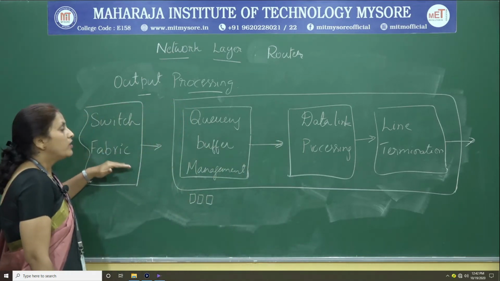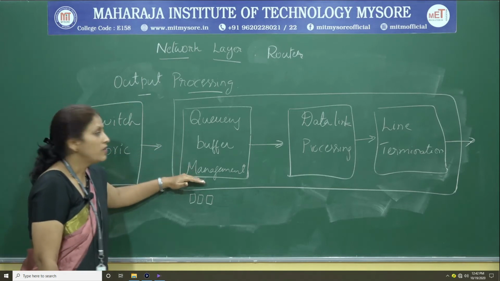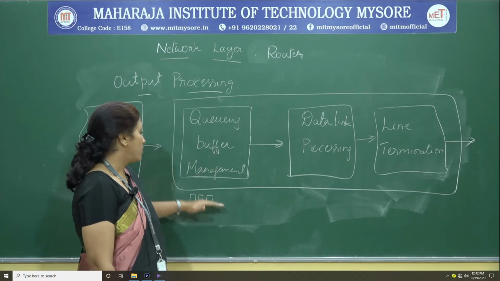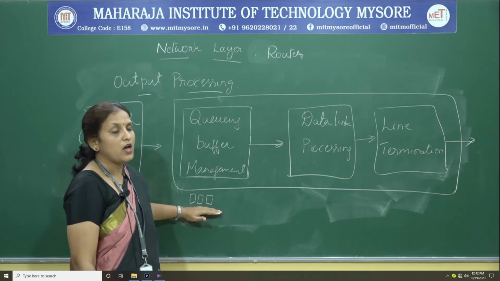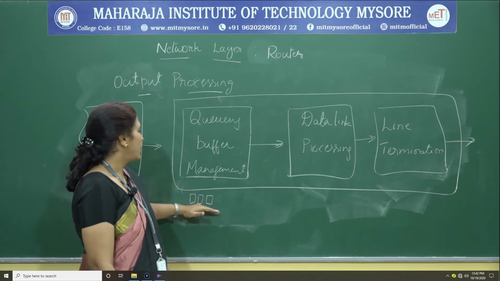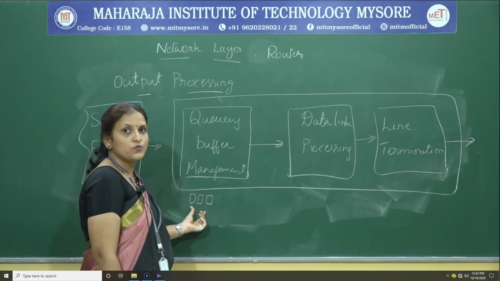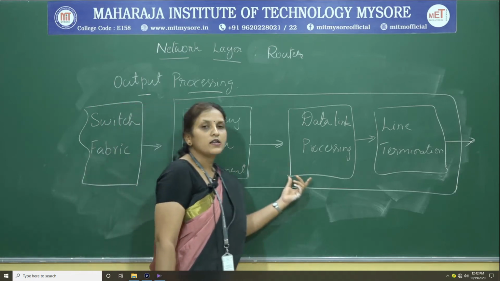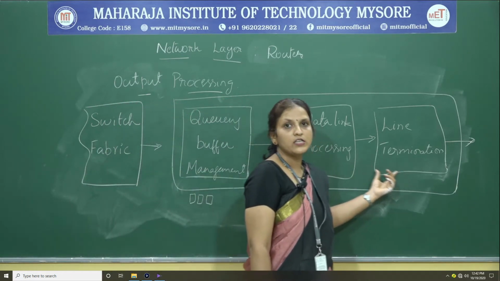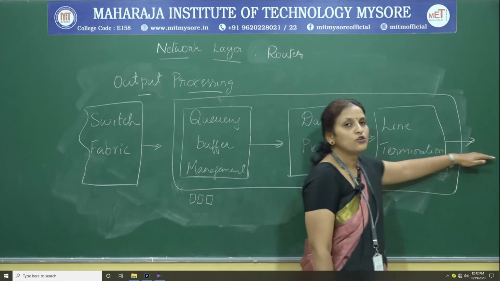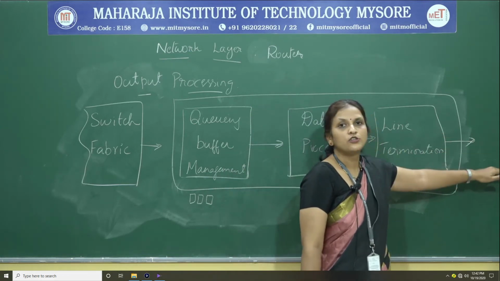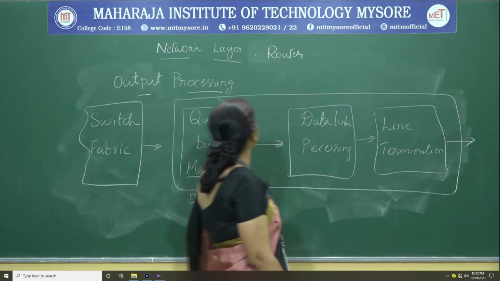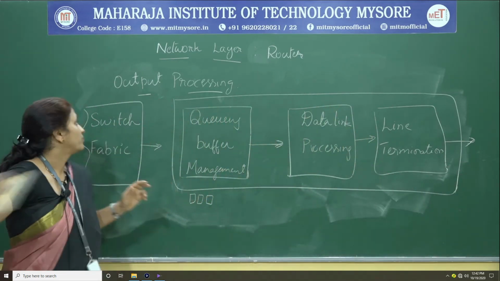From the switch fabric it is pushed on to the output port link, where we check what queued packets are available in the output queue. One among those packets is taken, and for that particular packet the data link layer and the physical layer functionalities are performed, and it is pushed out to the network to the respective destination host, right. So, this is how output processing works.